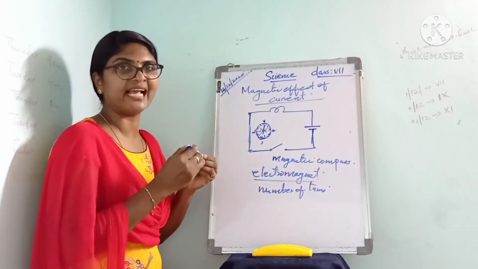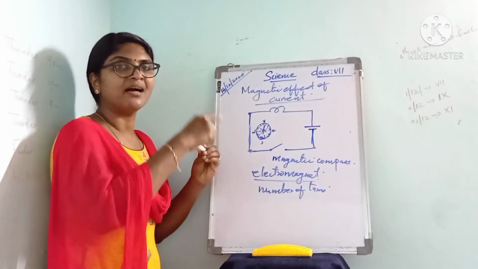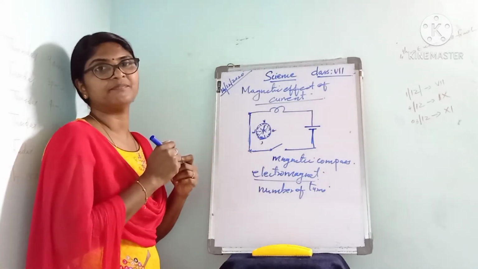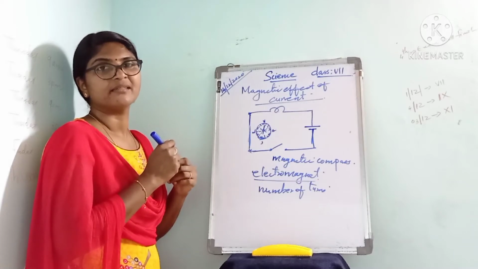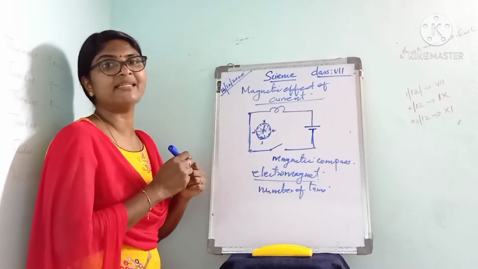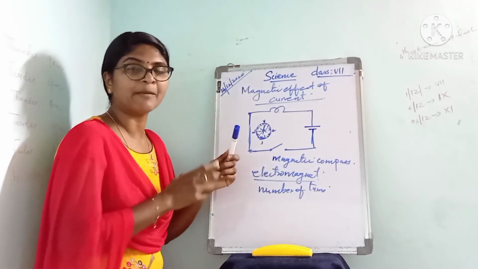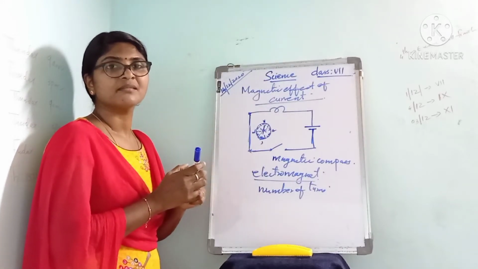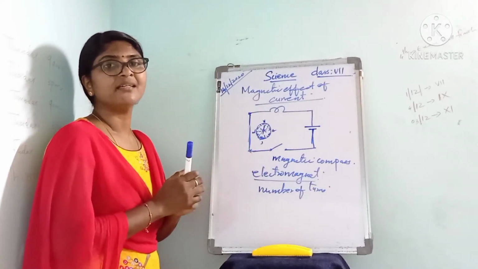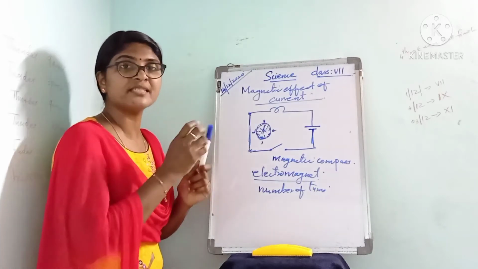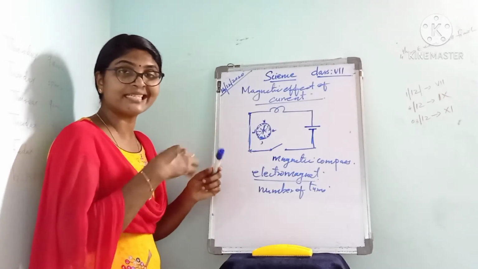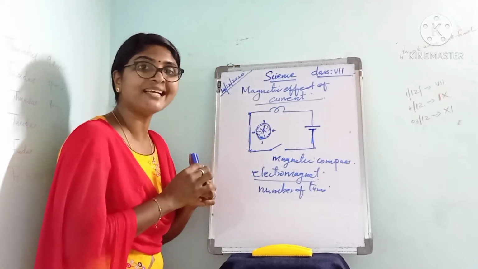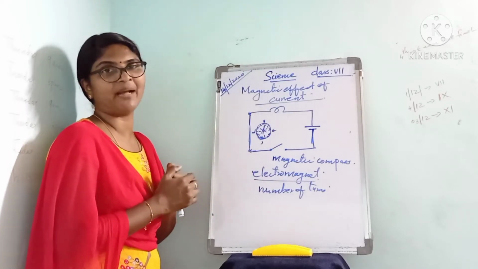Suppose we have an iron nail, and we wrap the metallic wire around this nail. Suppose the ends of that wire are connected to a cell and a switch. When the switch is on, the electric current passes through this coil of wire, and that arrangement becomes a temporary magnet, or an electromagnet.